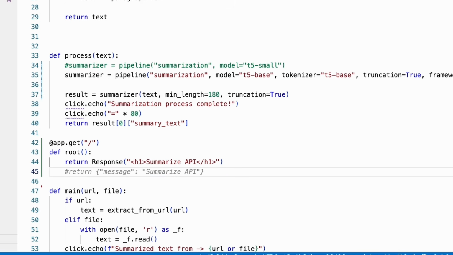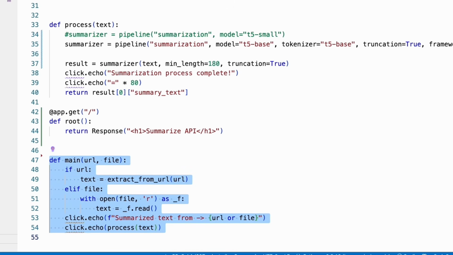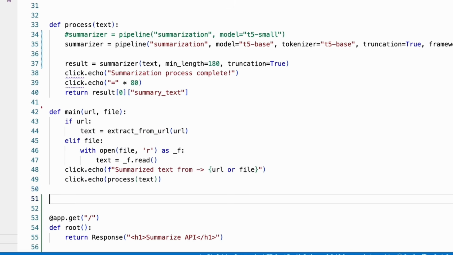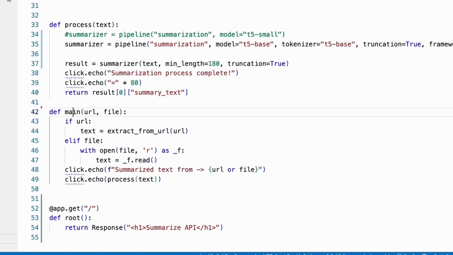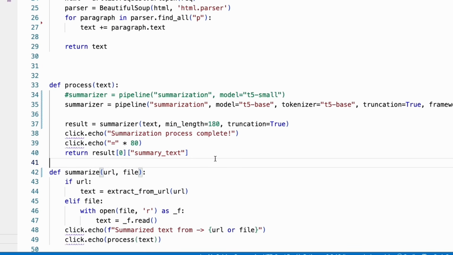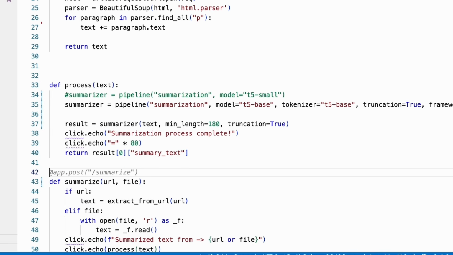And then the next thing that I want to do is change these main functions. I'm going to take these out of here and I'm going to leave the root at the very bottom. I'm going to paste the main over there. I'm going to rename it with the name of the endpoint that I want. So I'm going to say this is going to be summarize, and I'm going to make sure that that function name is not repeated. It isn't, so that's very good. You have to be careful renaming function names to avoid clashing.